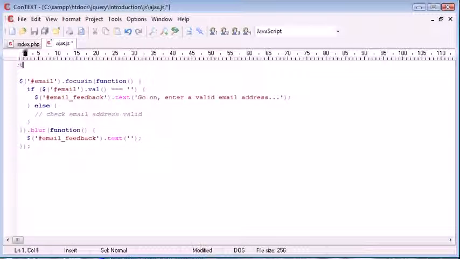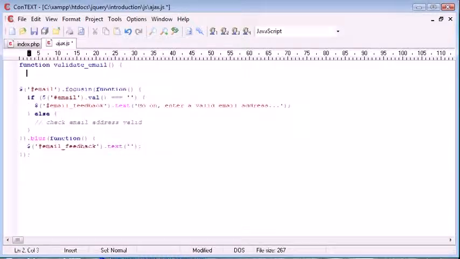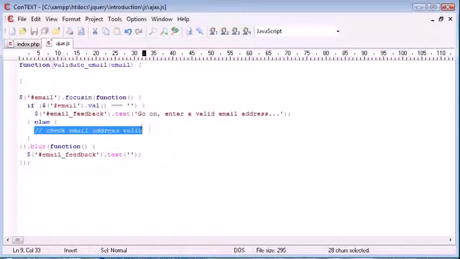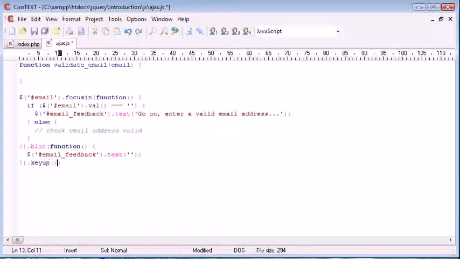We'll outline it at the top of our page, and this is going to be, let's just call this validate email, and in that we take an email address. So here's our function validate email. Now it's going to call this function just here. So this bit later on, when we've actually filled in the block in here, will call the validate email function. Also, when we have a key up event, we also want to call the validate email function